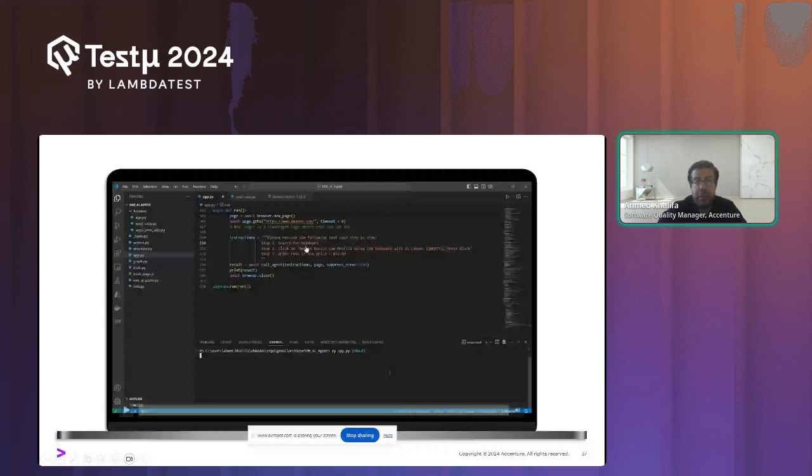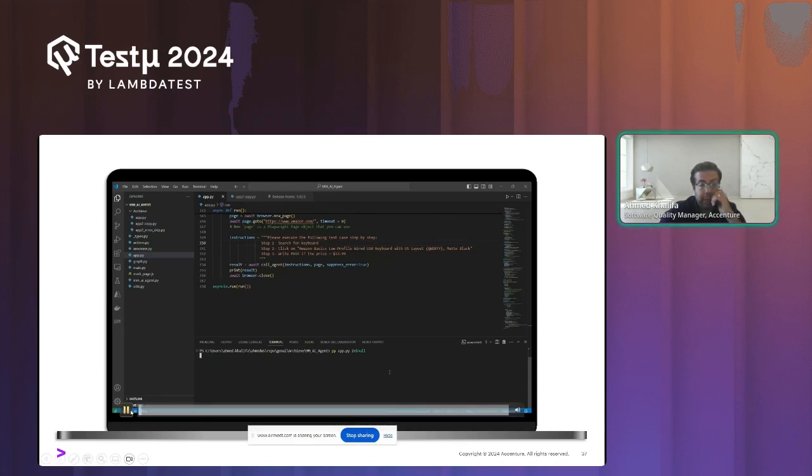So search for keyboard. It will, first of all, access Amazon.com. It will search for keyboard. It will click on Amazon Basics. It will click on this item. And then it will write pass if the price equals $12.99. And you could imagine I didn't define anything. I didn't define any elements. I didn't create any page object model. I didn't do anything. I just set up this agent on my laptop and just wrote this instruction.